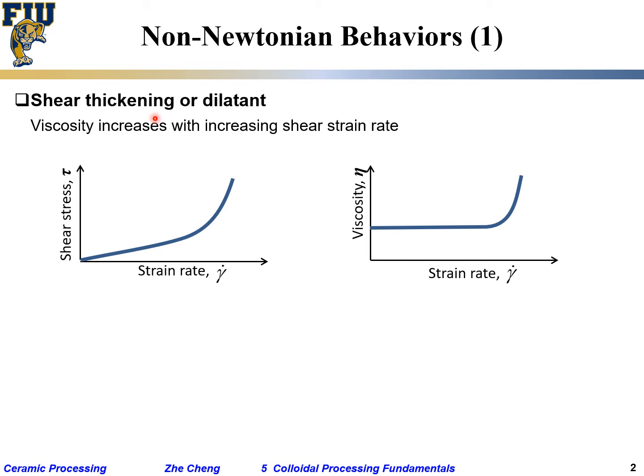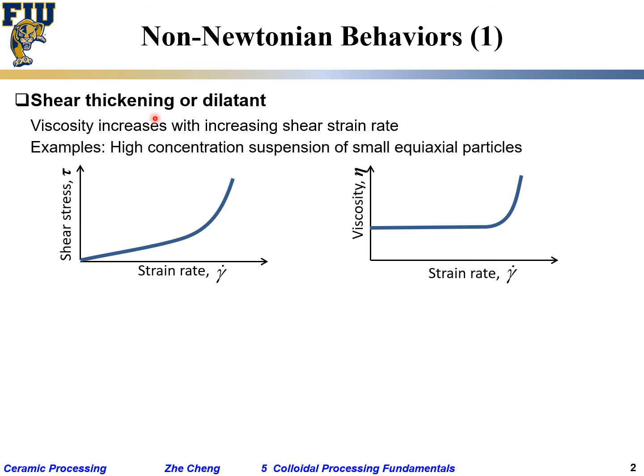These types of material are certain high concentration suspensions of small particles. As we try to shear it faster and faster, it becomes more and more viscous. Another behavior, which is kind of opposite to this one, people call it